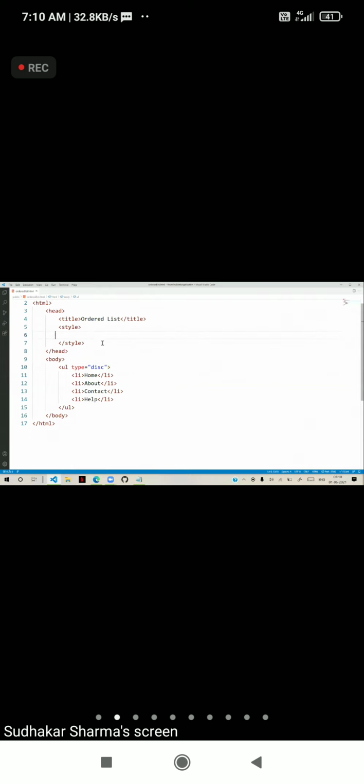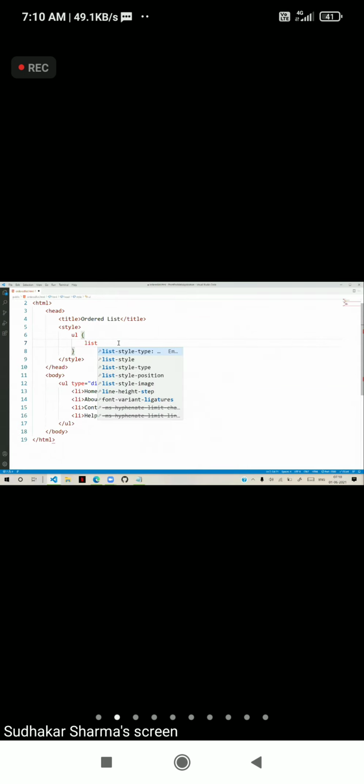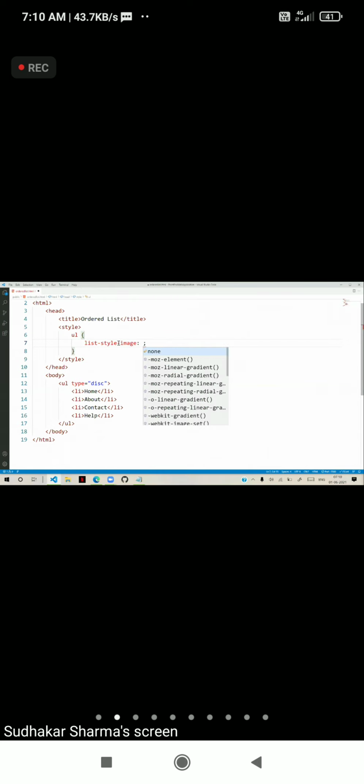So for the unordered list, we have to use the option list-style-image. List style image, URL, it gets the path. You have to write the image path, from which location.